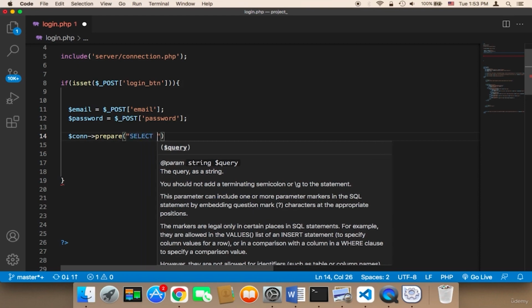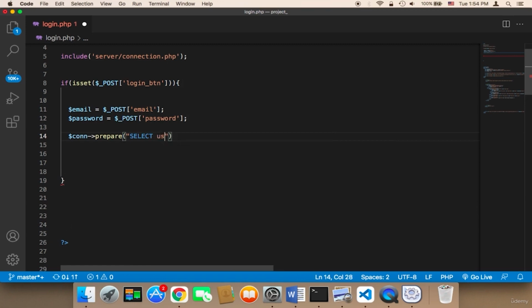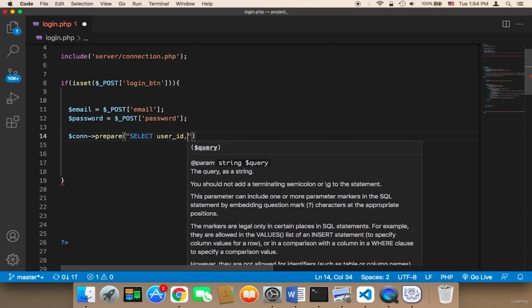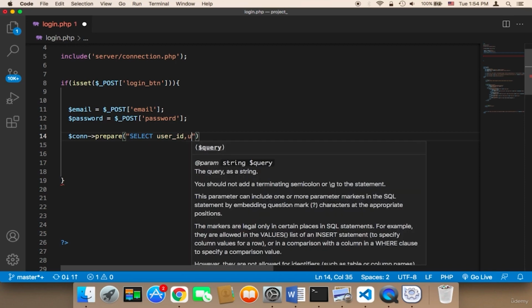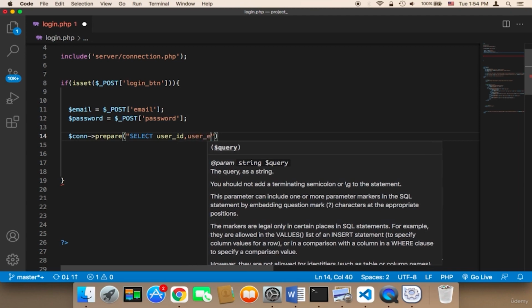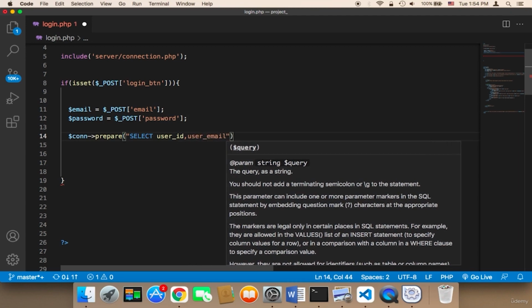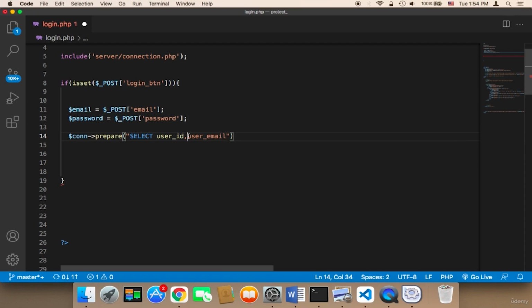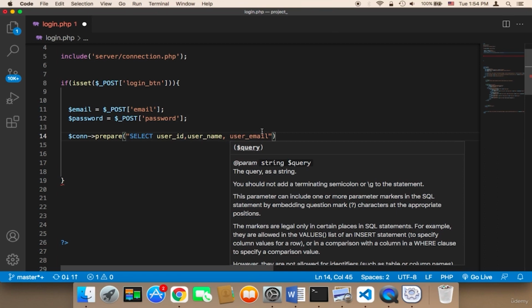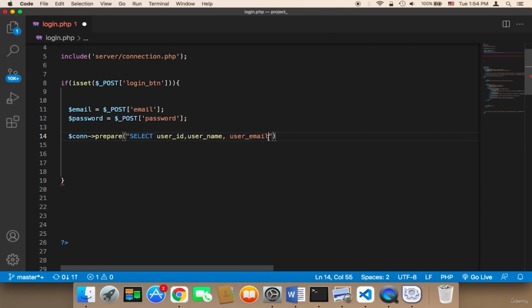We want to select the user ID, and the username as well. I'm going to first say user_name, and comma, and then user_email, and user